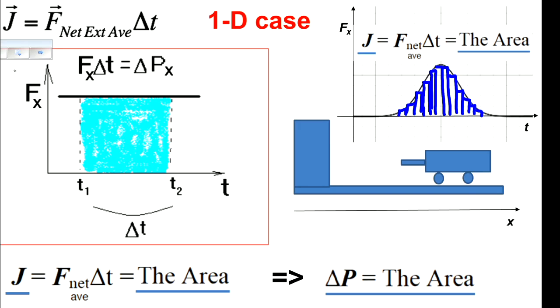As long as we can measure that area, and we always can, one way or another, we always can calculate this variable, the impulse of the force, during that period of time it was acting. If we know impulse and initial momentum, again, well, now we can say this area.